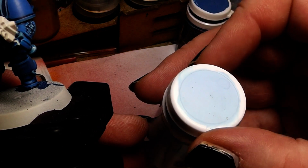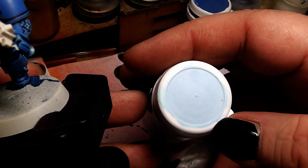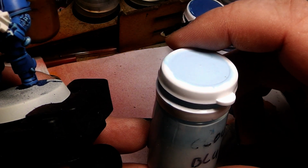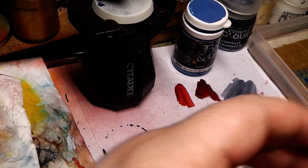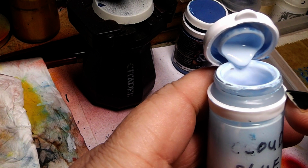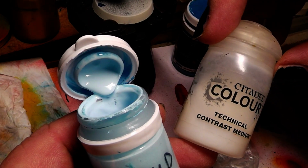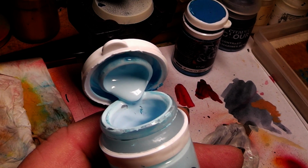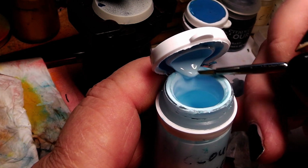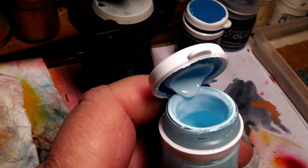This is basically just the good old Space Wolf Grey from GW back in the 90s. It is a mixture of Amaranth Blue and white in a ratio of, I believe, 4:1, but you can go with the blue of your choice. Also, I have cut this color with a good amount of medium, in particular the Technical Contrast Medium, but any kind of medium like Lahmian Medium or Airbrush Thinner would work to give this a very liquidy consistency without losing the overall